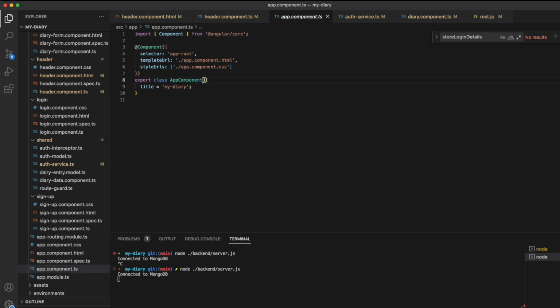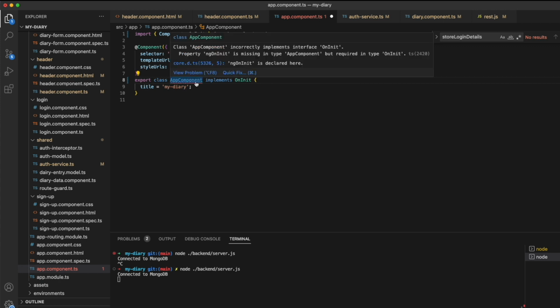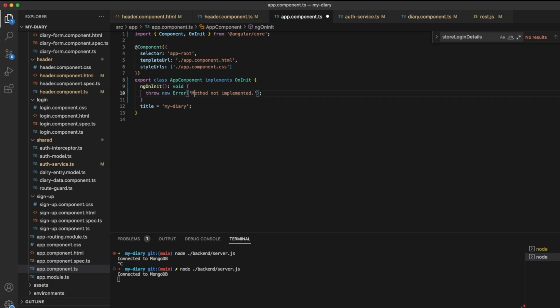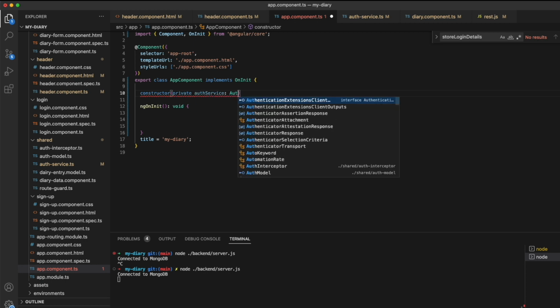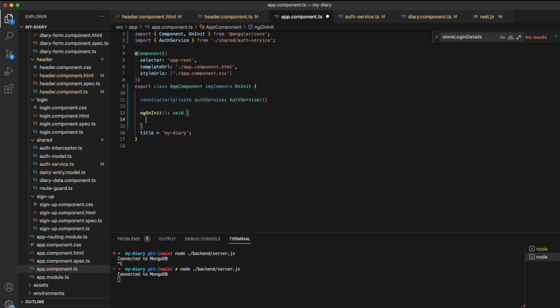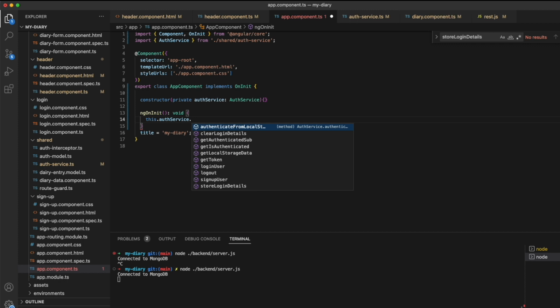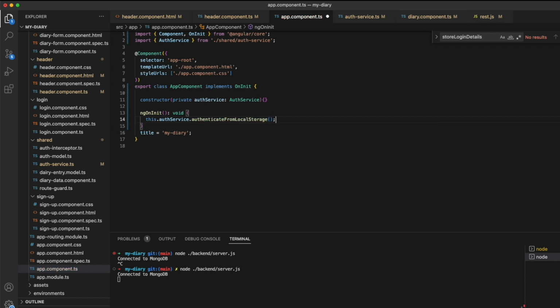We'll run our authenticate from local storage method when the application starts by implementing the onInit lifecycle hook in the app.component file, and then I'm going to inject the auth service into a constructor,